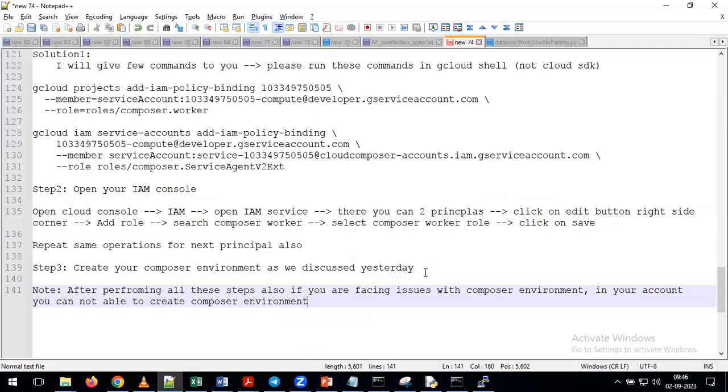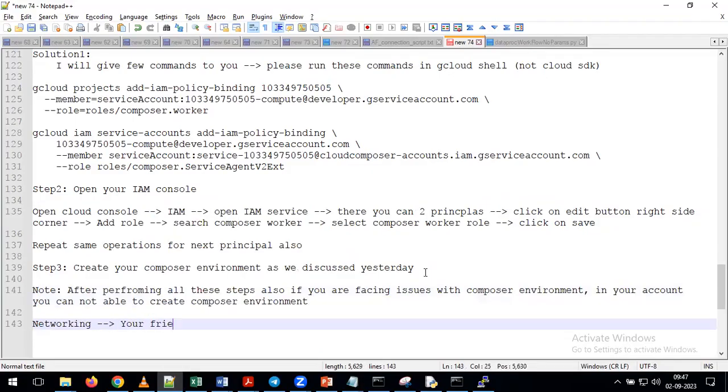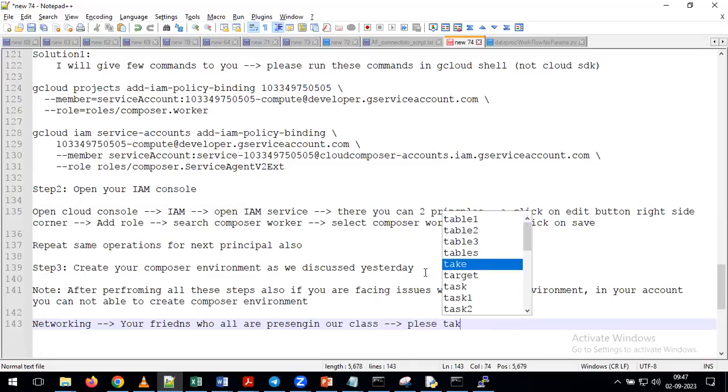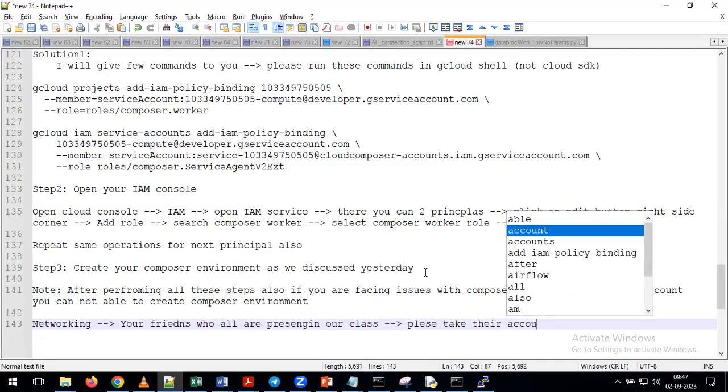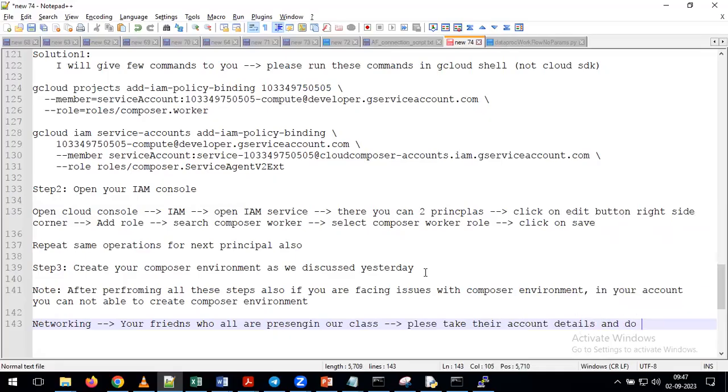No other option. So here only your network will come into the picture. What is the meaning of networking? Your friends who are present in our class. So what you can do here is please take their account details and do practice